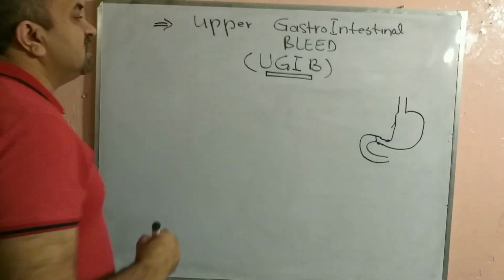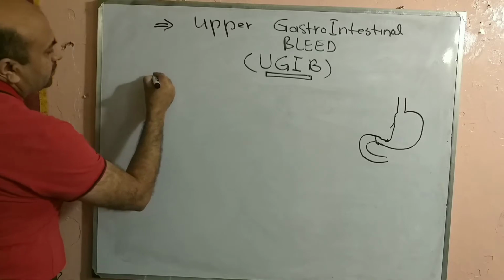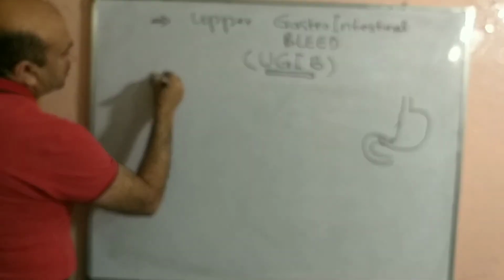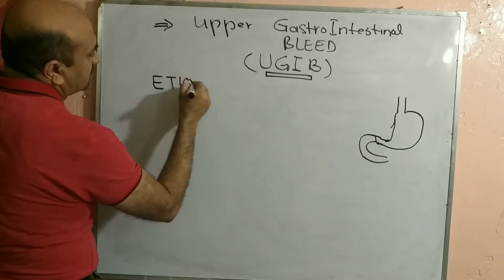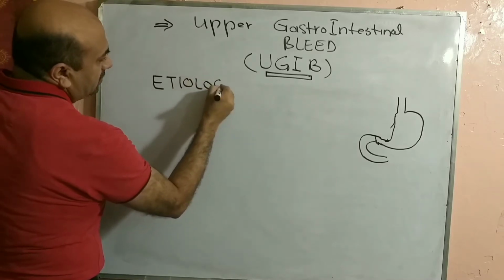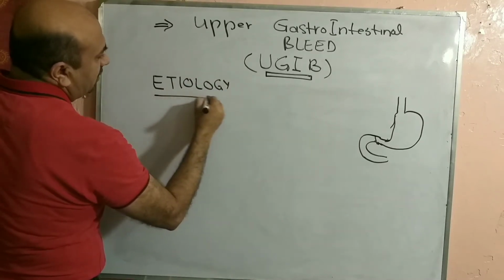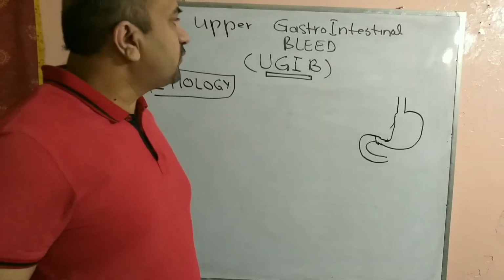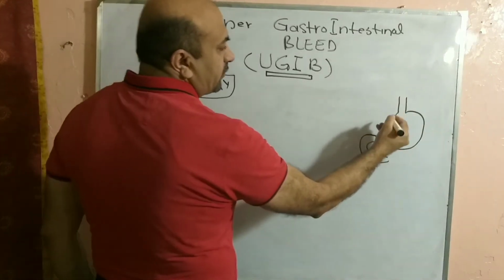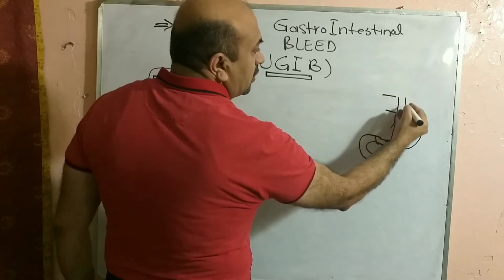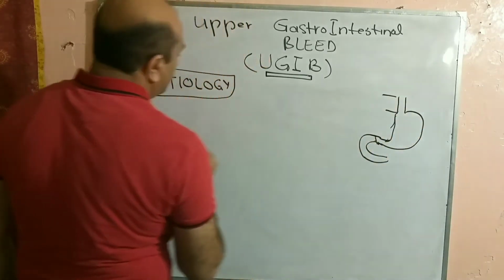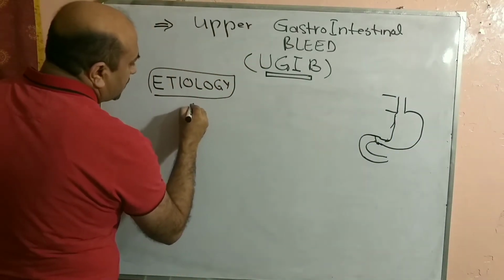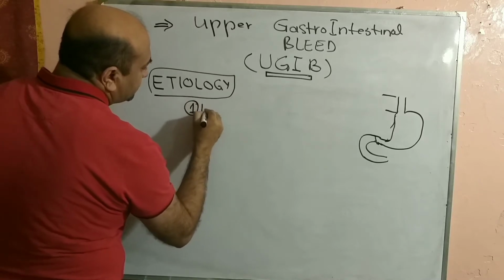Okay, so etiology of the upper GIT bleed does include the following situations. Let's be a little bit systematic in our approach towards the causes of the upper GIT bleed from the anatomy point of view. This is esophagus. What can be the problem here? There can be a problem of esophageal varices,